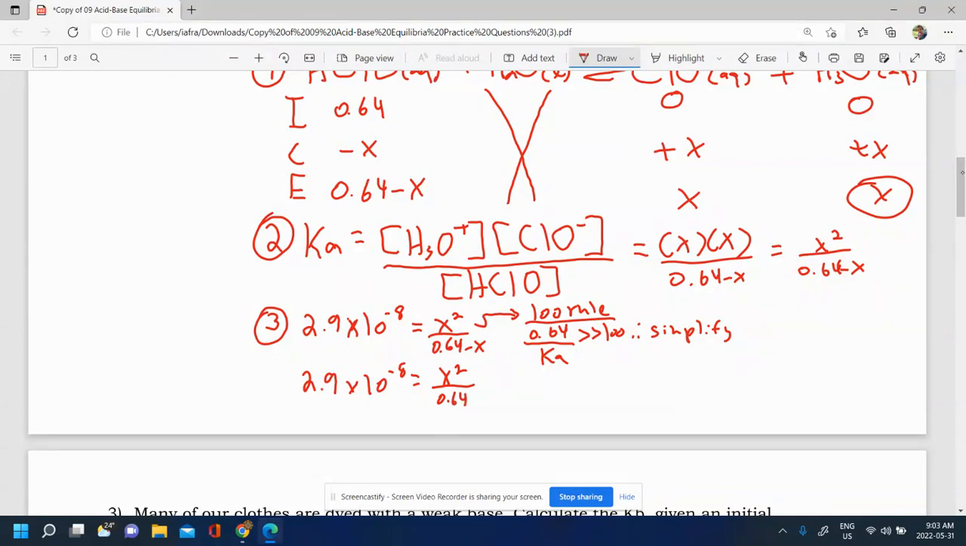It's nice and easy. So x squared is going to be 0.64 times 2.9 times 10 to the power of negative 8. And therefore, x is going to be equal to the square root of that value, the square root of 0.64 times 2.9 times 10 to the power of negative 8. So we'll do 2.9 times 10 to the power of negative 8 times 0.64. Let's square root that, and we get this